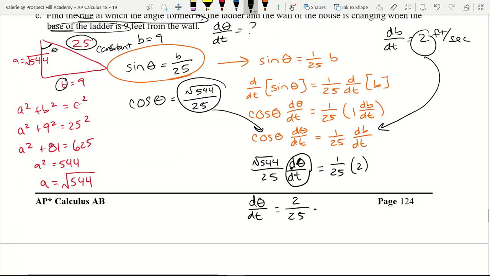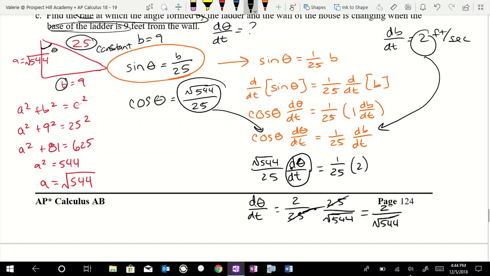Keep, change, and we're going to divide by the square root of 544 over 25, so it's multiplying by 25 over the square root of 544. So the 25s will cancel each other out. And we have d theta dt is 2 over the square root of 544,